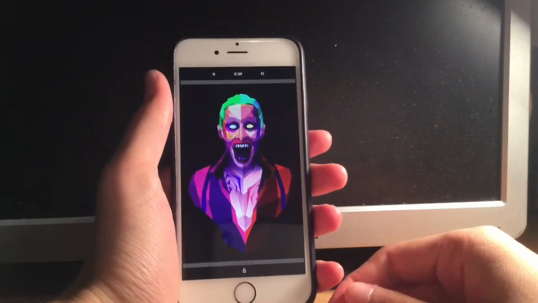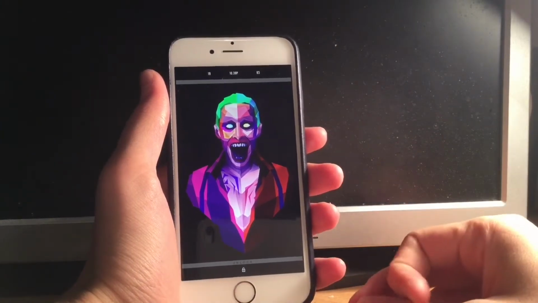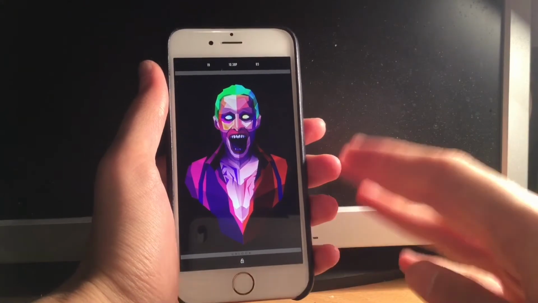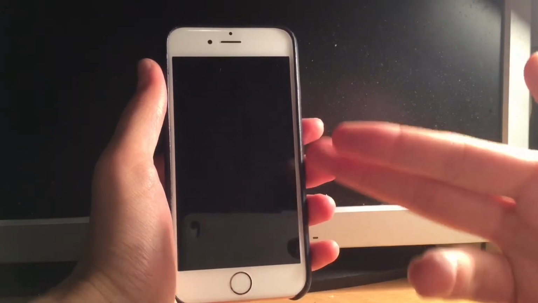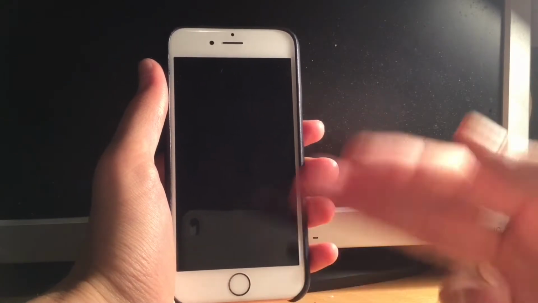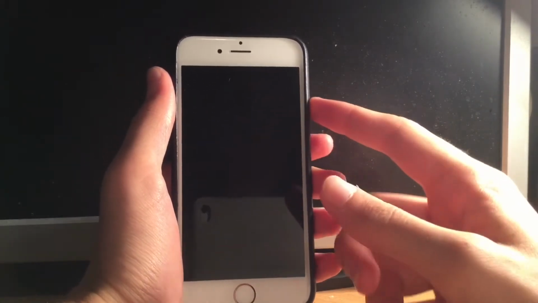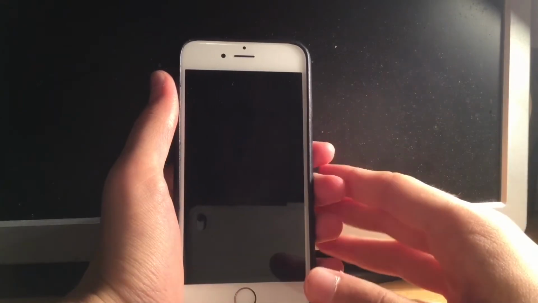In this video I'm gonna be showing you the perfect jailbroken iPhone. The perfect jailbroken iPhone is basically a setup for your iPhone, all the tweaks and themes I am currently using on my device. I'm gonna show them to you and what they are, so you can install them on your device and get my look. This is the setup, and this is the perfect jailbroken iPhone.